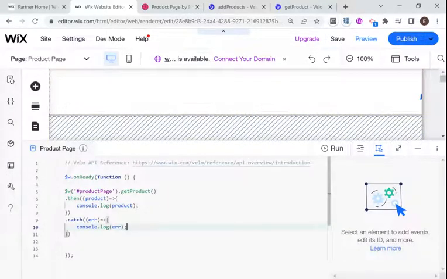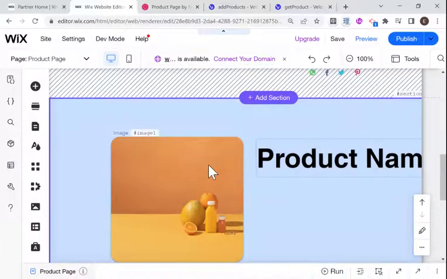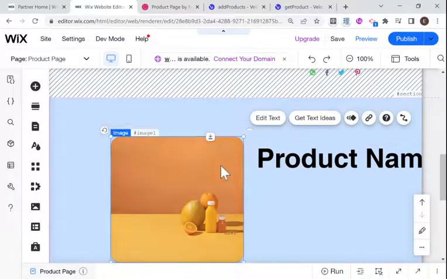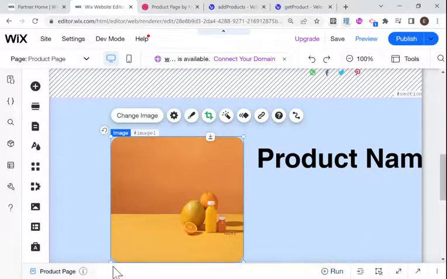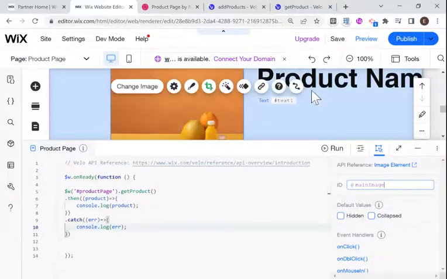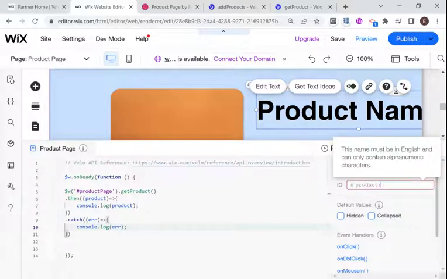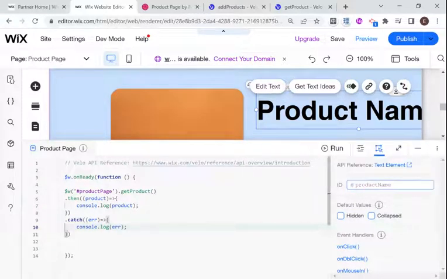and I am going to set the values of these two elements to be our product's values. And I'm just going to change image to main image. And I'm going to change this to product name. Okay. And then as soon as we get our product, what we can do is instead of, we could still